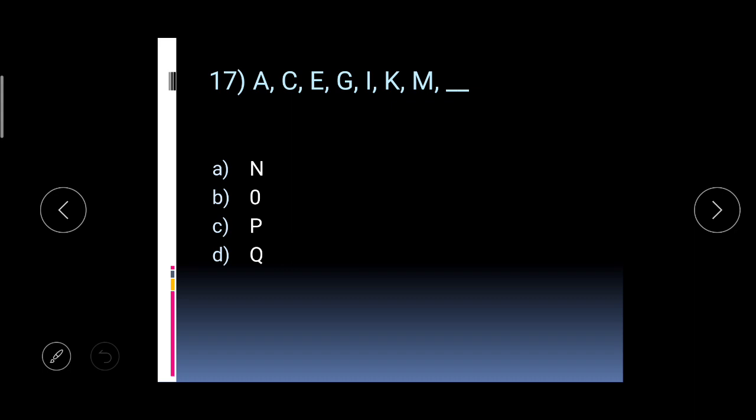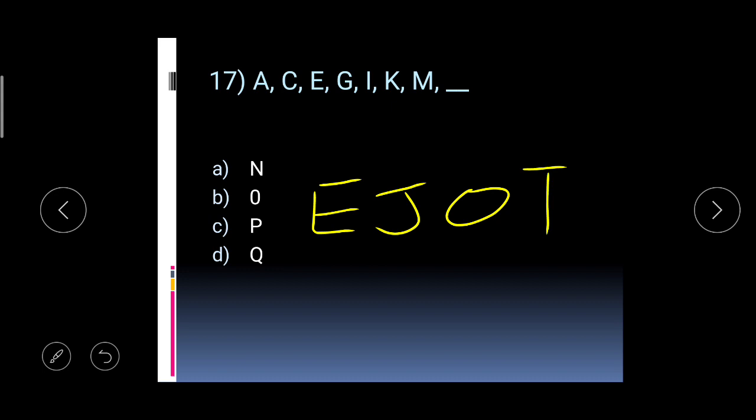Most of you asked me many times, ma'am, how to remember the positions of the alphabets. So I'll tell you one technique, one trick. There is a word called this. Can you see? EJOTY. You just need to remember this, right? E-J-O-T-Y. If you remember this, it's very easy, because E is 5, J is 10, it's all multiples of 5.